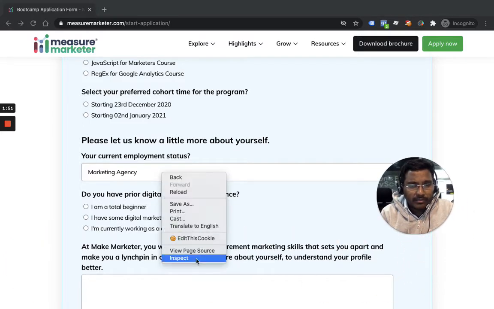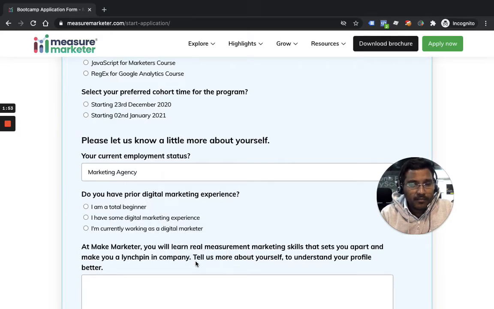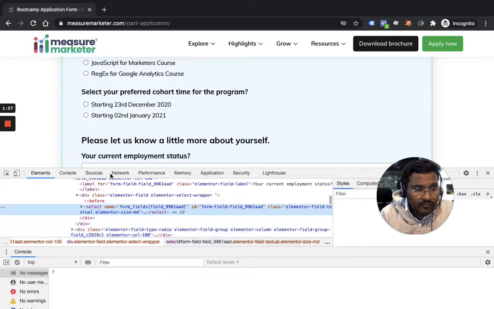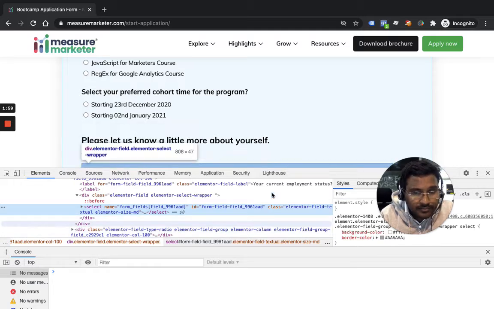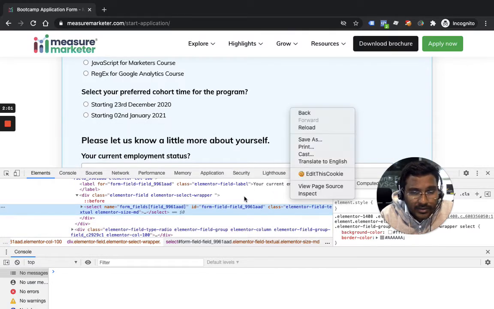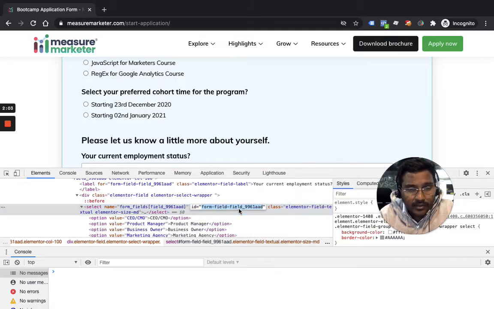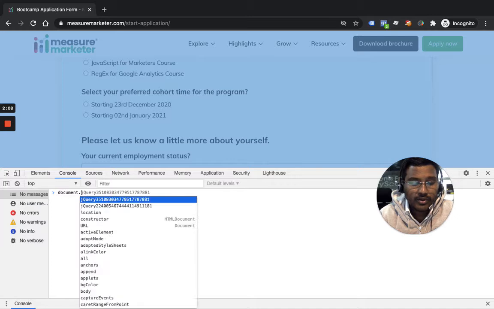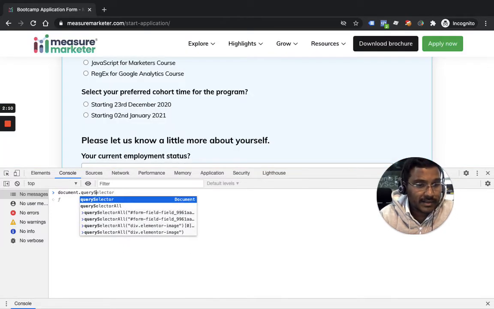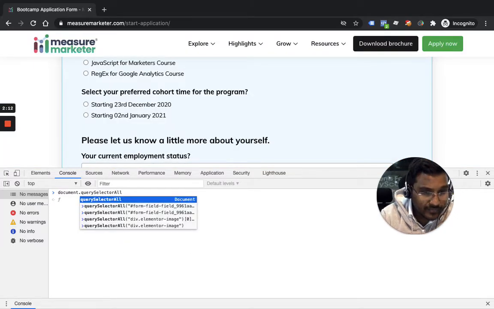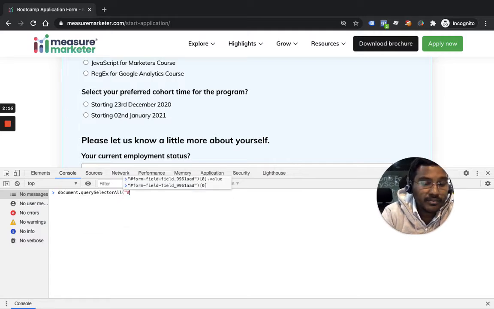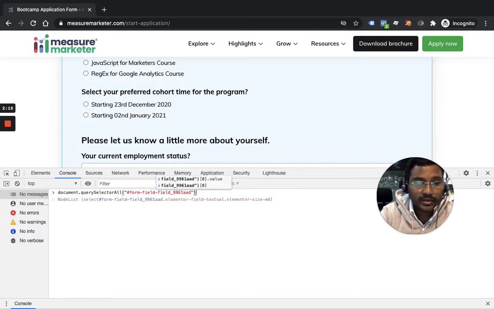Now see, I'm clicking on inspect. Okay, so this is the ID. I'm using document.querySelectorAll, and because it's an ID, I'm going to simply use hash and get it.